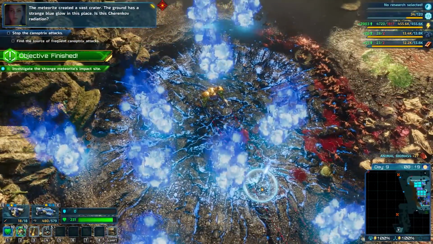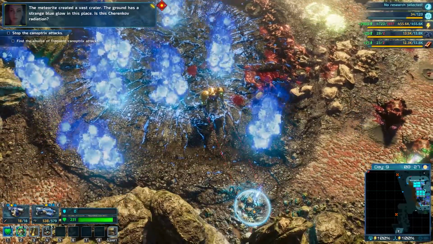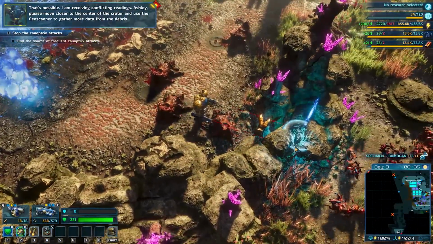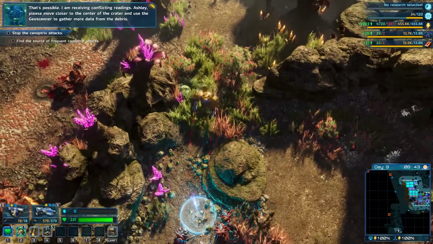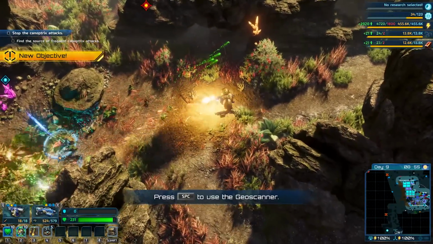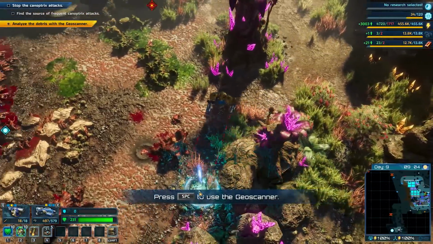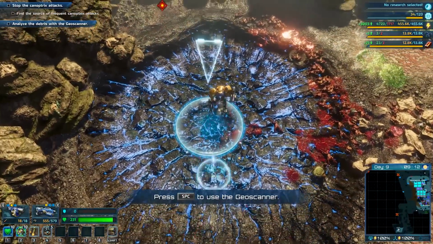The meteorite created a vast crater. The ground has a strange blue glow in this place. Is this throwing off radiation? That's possible. I am receiving conflicting readings. Ashley, please move closer to the center of the crater and use the geoscanner to gather more data from the debris. Okay, suddenly you're not going to go into an hour-long soliloquy there, Mr. Riggs? Alright, fine. I was going to be like, oh, go kill something meanwhile he speaks, but...